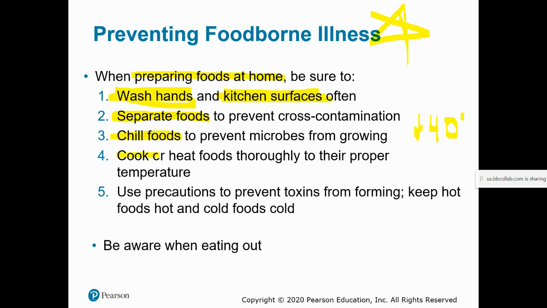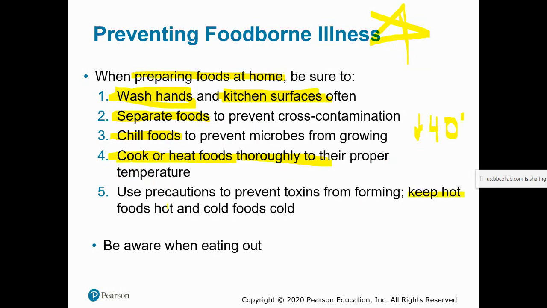I have another image to show you, but when you're cooking with meat in particular, you need to cook different types of meats to a specific temperature. And at that point, you can safely assume that you've killed off any potential bacteria. You'll notice the temperatures will all be above 140.